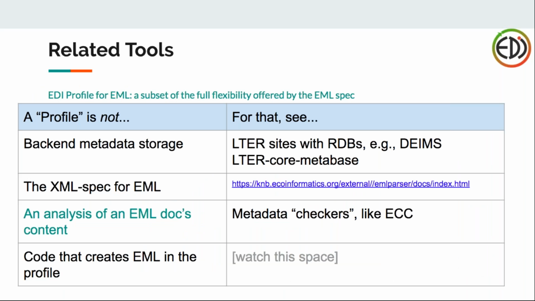Now, this is sort of important. When we talk about this casually, we often create confusion because there are some things that a profile simply is not. It's not the backend metadata storage. That's Metabase or DEAMS or text tables or something else that holds your raw content. It's not the spec for EML itself. For that, go see the